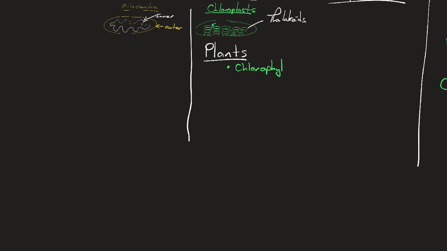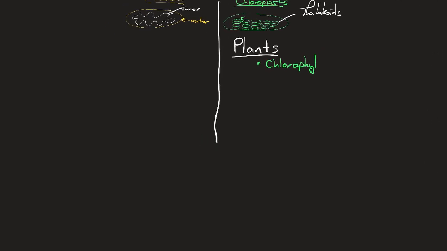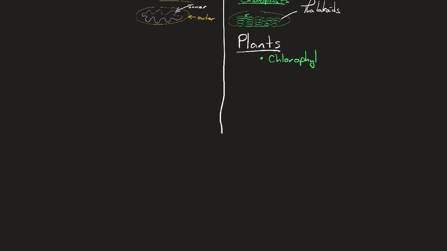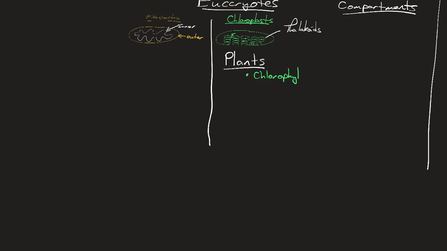And actually, there's several different kinds of chlorophyll for the record. I'm not going to go into it, but just know that there's different kinds of chlorophyll. Each one absorbs a different part of the rainbow, except for green. Are we all good with that? Okay. Now, these two organelles, they do opposite reactions.